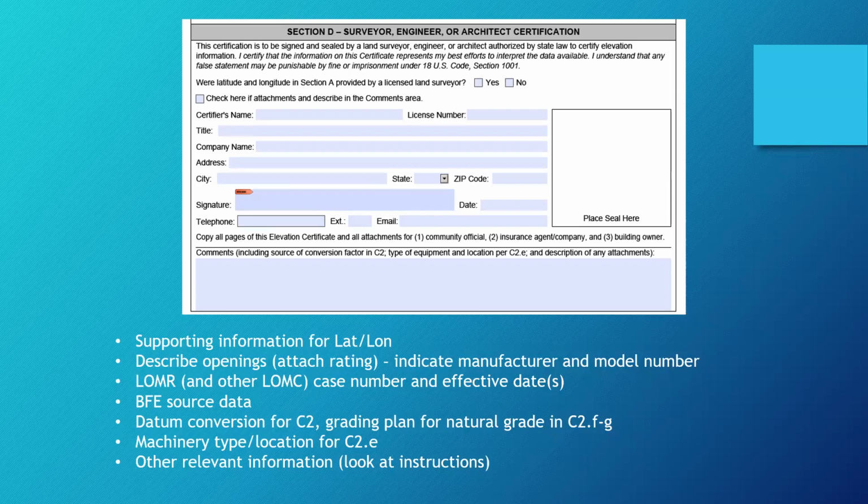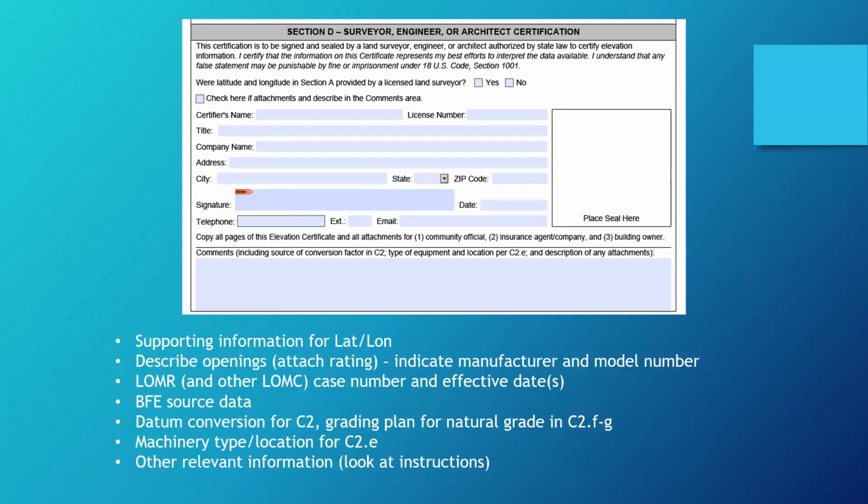The base flood elevation source data, if it was something other than what they have in Section B. The datum conversion for C2, the grading plan for natural grade, if you're in an AO zone for F and G, C2, F, and G, the machinery type and location for C2E, and then any other relevant information